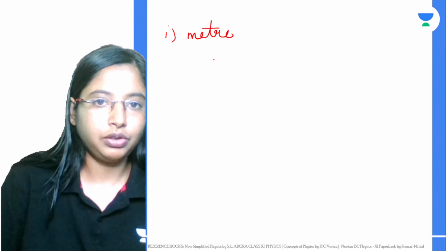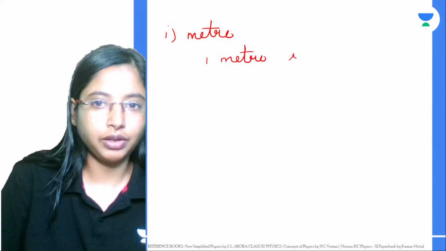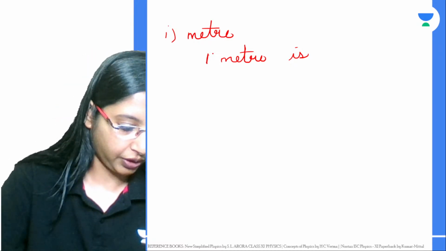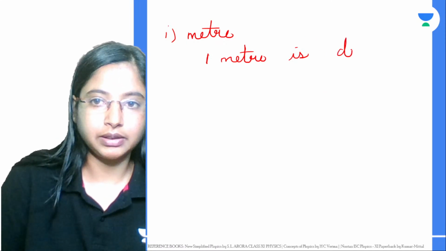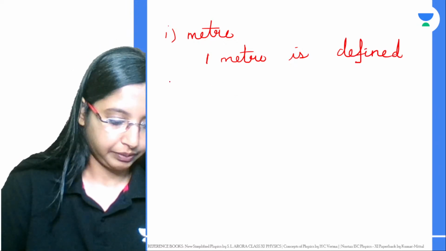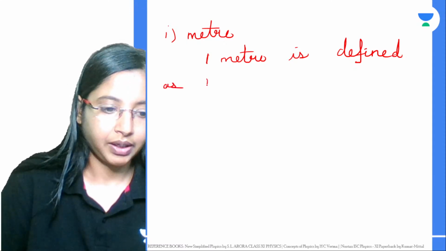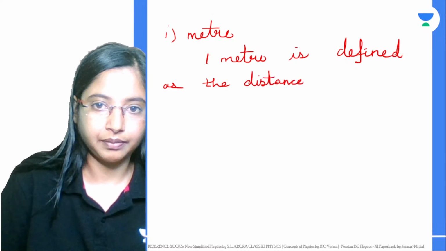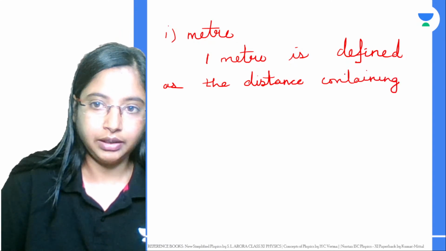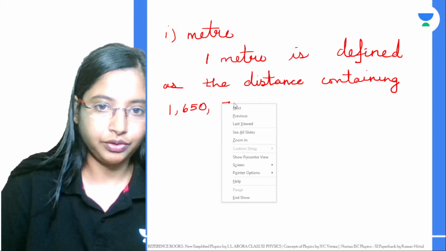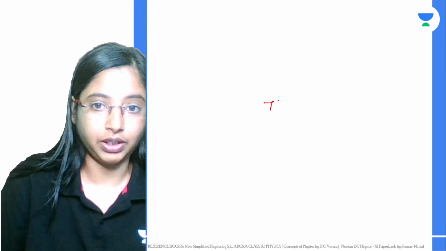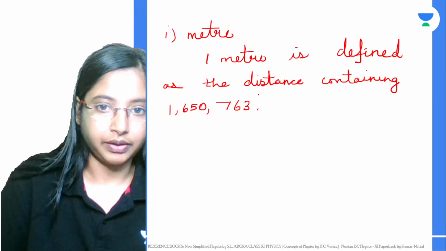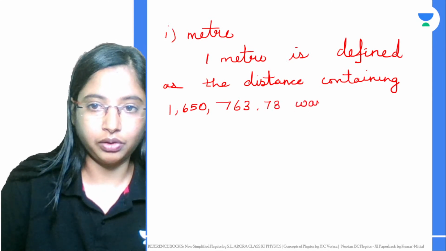If you want to define 1 meter, don't worry much about it; try to understand as much as you can. 1 meter is defined as the distance containing 1,650,763.73 wavelengths